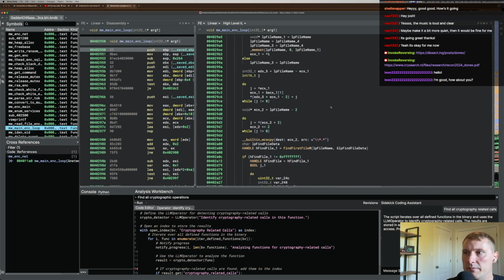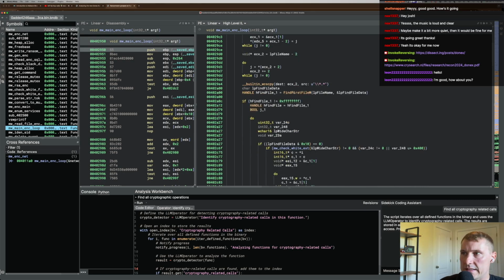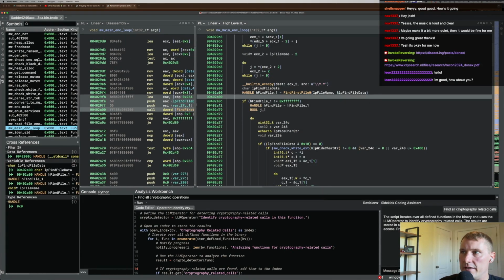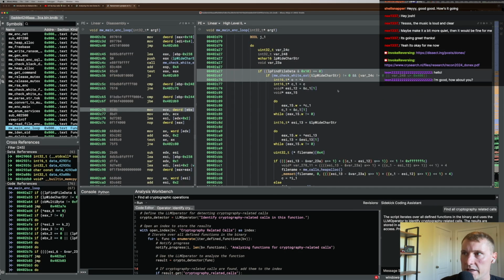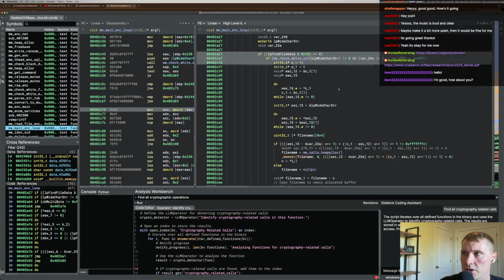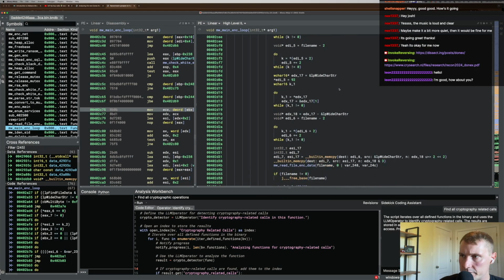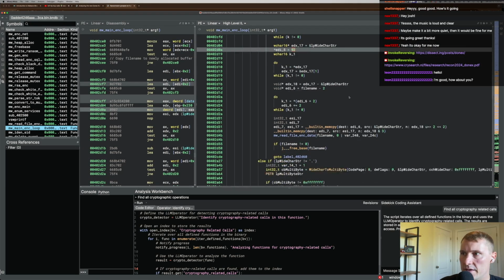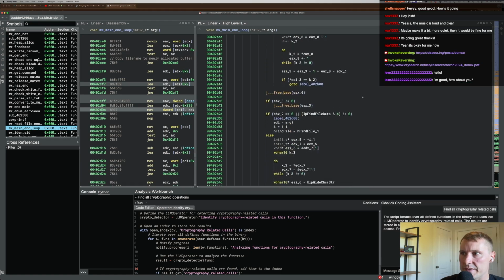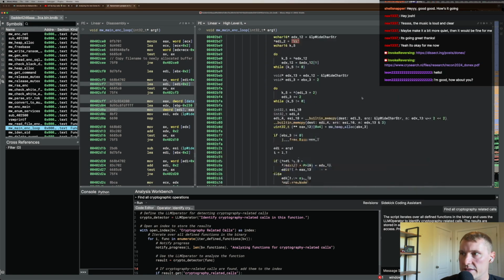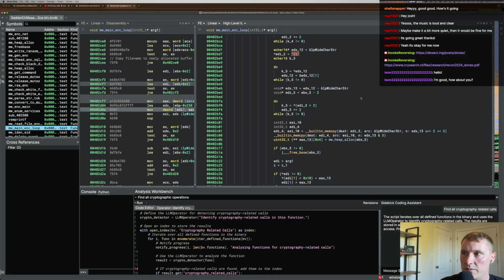If we look at the main encryption loop, we can see this is identifying all the files within a given directory, and then it is checking if it's a whitelisted extension or a blocklisted extension that it does not want to encrypt. And then it looks for the blocklisted directories and stuff like that, all that stuff from the config that we reversed last stream. But if we scroll down here,